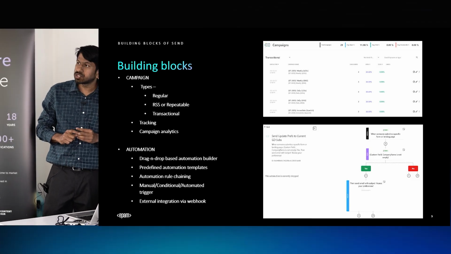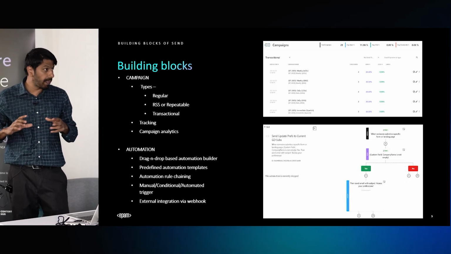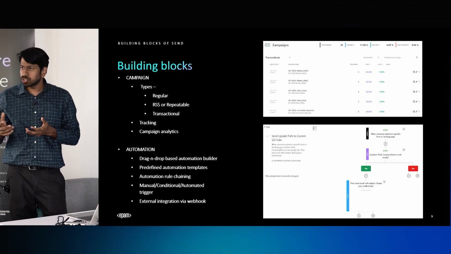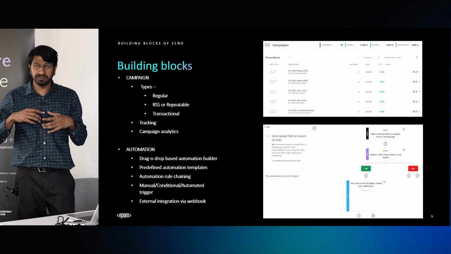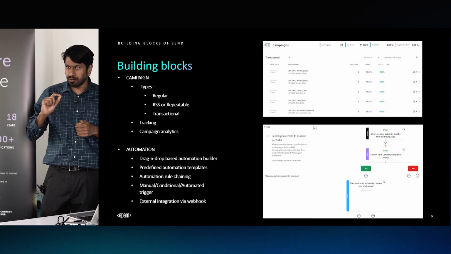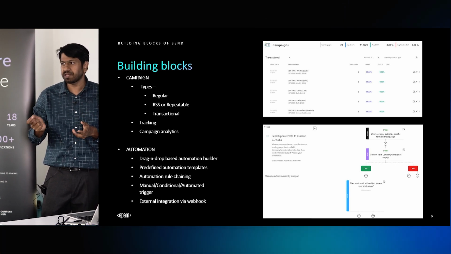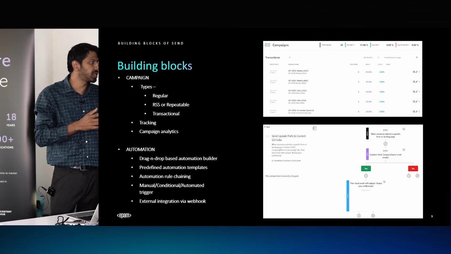And the third one is the transactional. So this is what comes in really handy for big organizations or very targeted audience. I would say very specific audience target. Like, if some of my audience is doing a very specific action, I want to trigger an email. So those type of actions you can take by using the